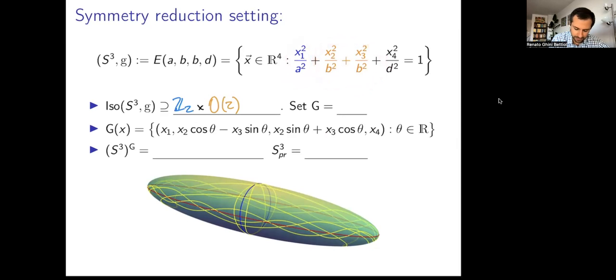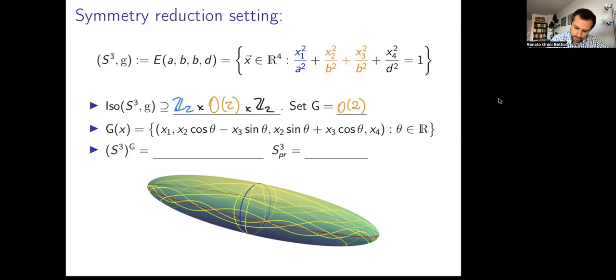Remember, because I'm setting B to be equal to C, let's fix that choice. Any rotation here is an isometry of the metric. And there's another Z2 reflecting x4. So the group that we'll be mostly interested in is the O2 in orange, this O2 that